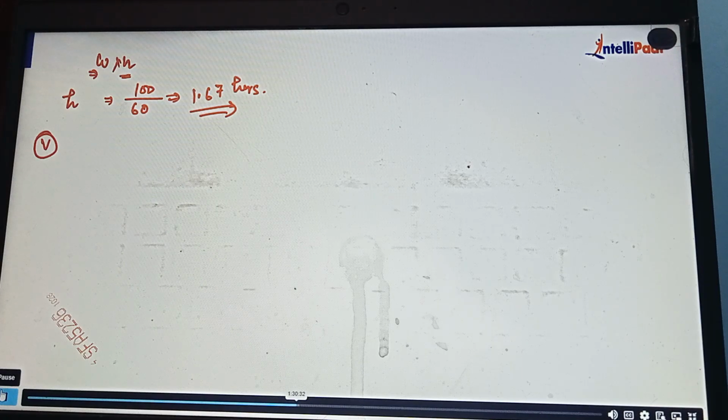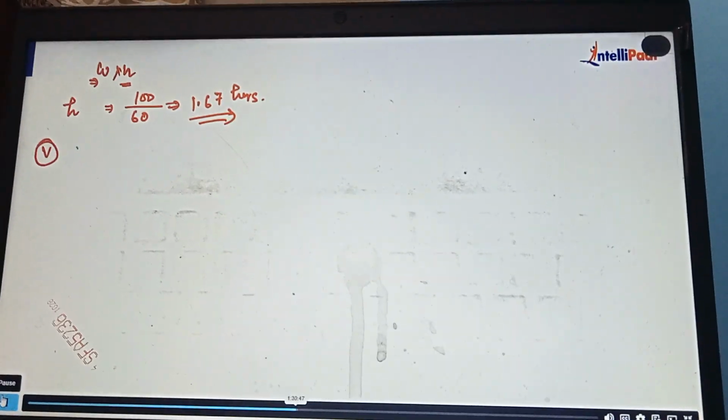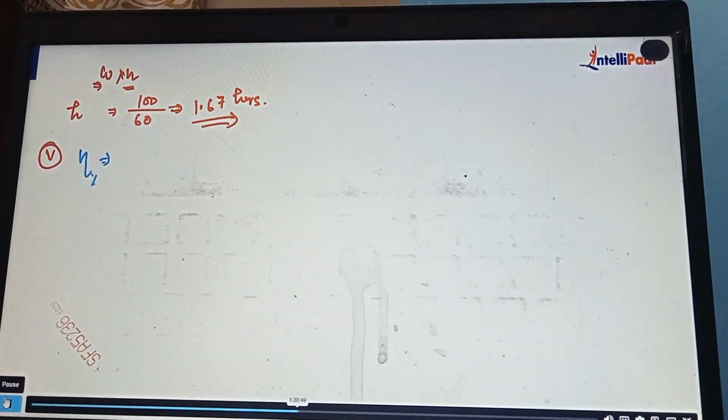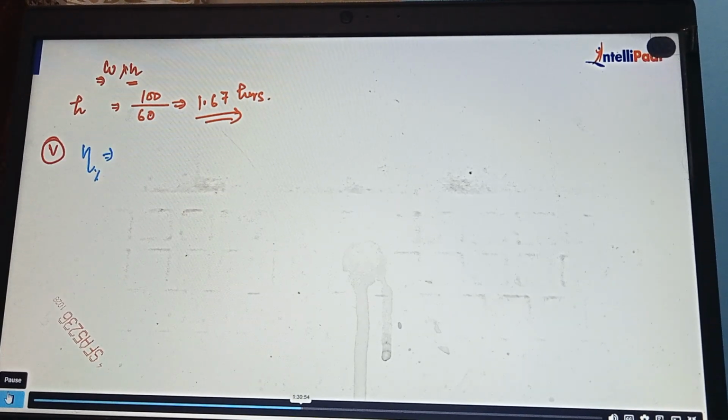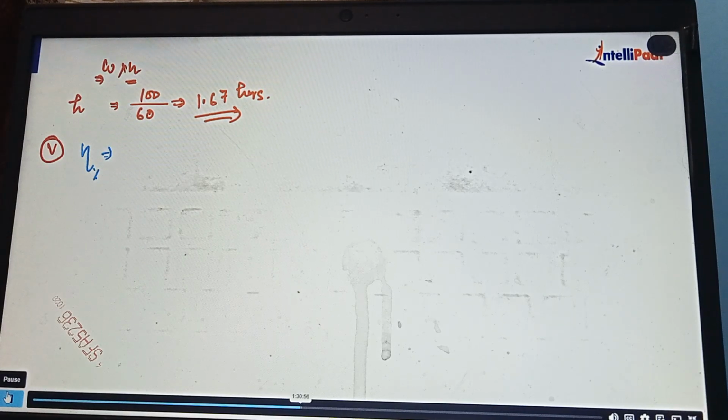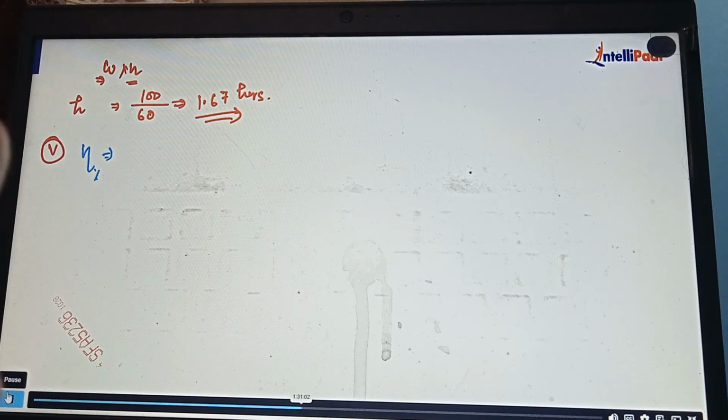Now, is previous. Sir, can you calculate efficiency? Yes. Calculate the efficiency. Efficiency in percentage. What is the total power delivered out